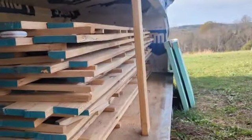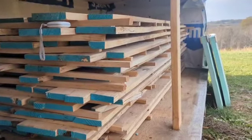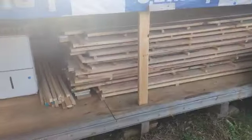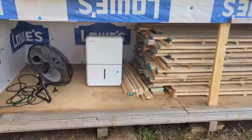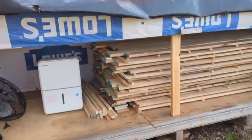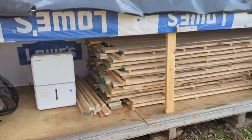But the lumber, I can put right around 500 to 600 feet over on this side. As I said, this is a 14-foot long construction. See if I can block that sun glare. 14-foot long. It works really well. Dries out lumber. I typically get it down into like the 14-15% at the solar kiln, and then I move